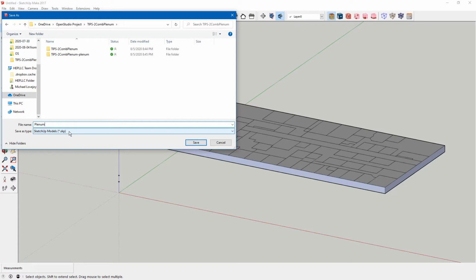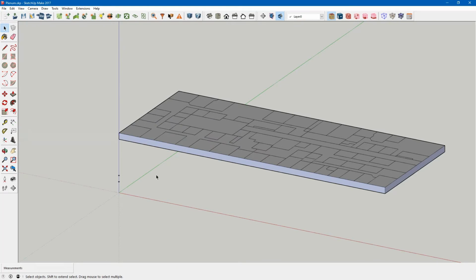This is basically a dumb file. It's a SketchUp file. It has the geometry. It doesn't actually have the OpenStudio information. Because if you try to save it as an OpenStudio file without actually assigning any of this geometry to a space, all of this information will be lost. So we need to save this as a SketchUp file for now.